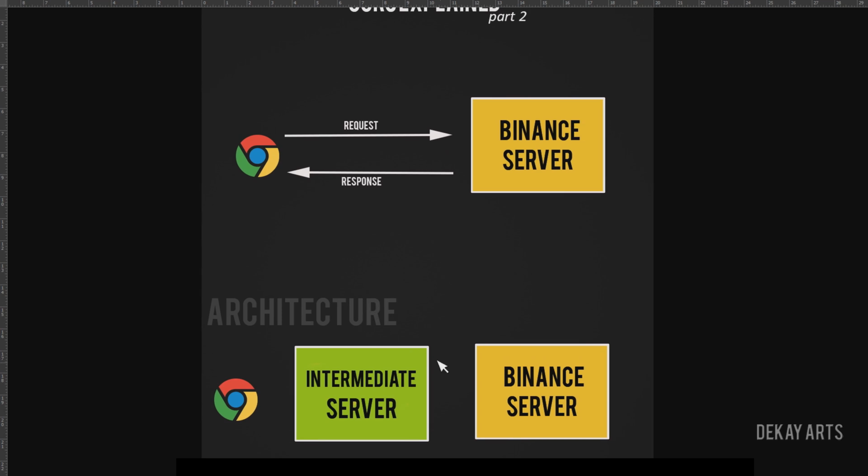Okay, so we'll use the architecture shown below as opposed to the one above in this video. What we'll do is use an intermediate server to handle the API calls for us. Instead of directly calling the Binance server, we'll call this intermediate server, and because this is a server, we can add response headers; we have full control over the request and response. So on this intermediate server, we can add the CORS header and send the response back to the client, so that way it doesn't throw any errors. Let me show you the actual data flow as to how this would work.